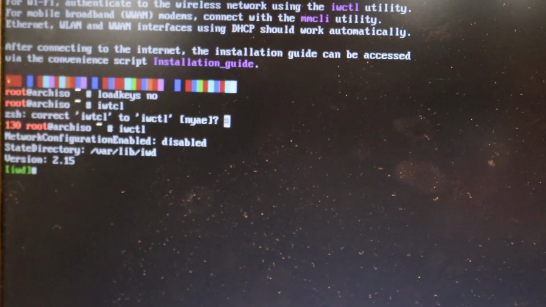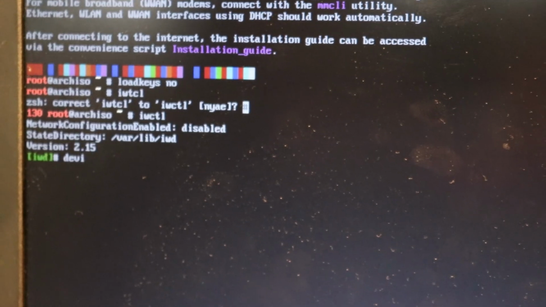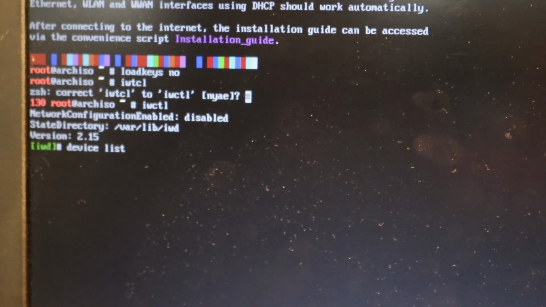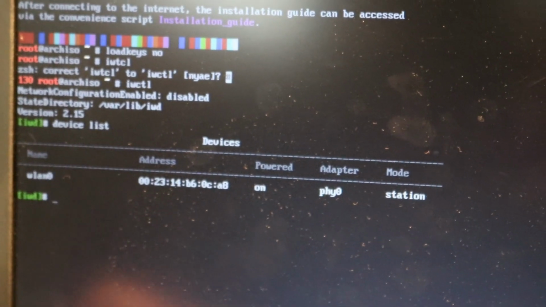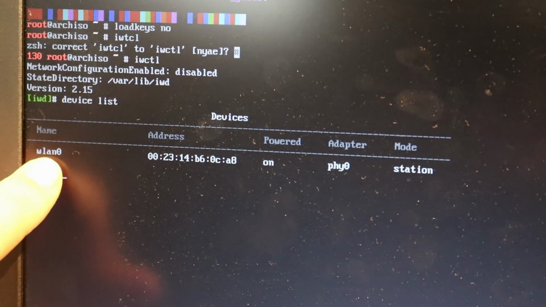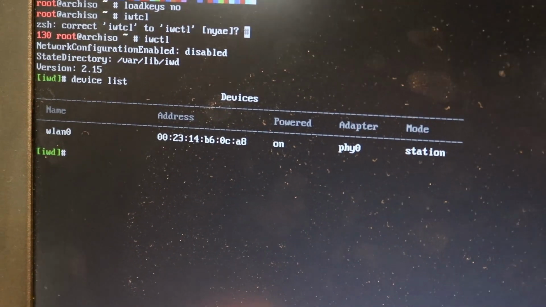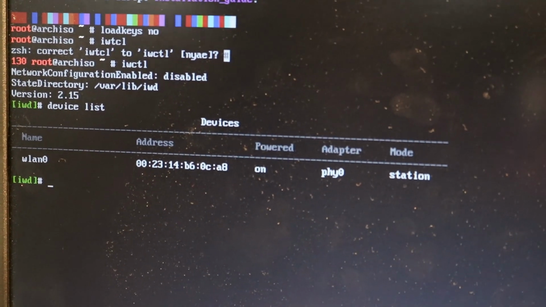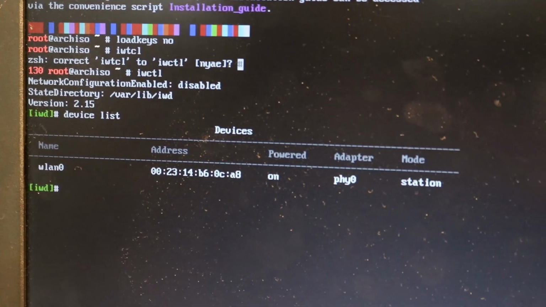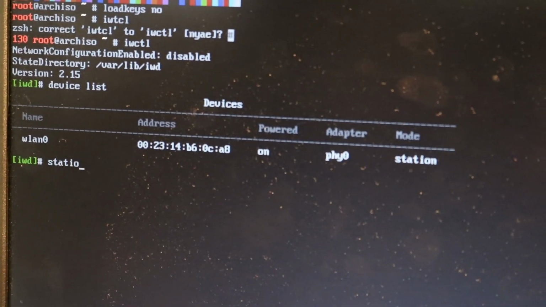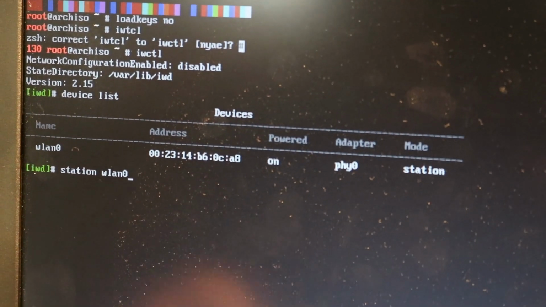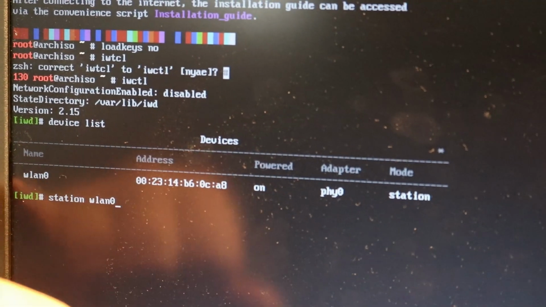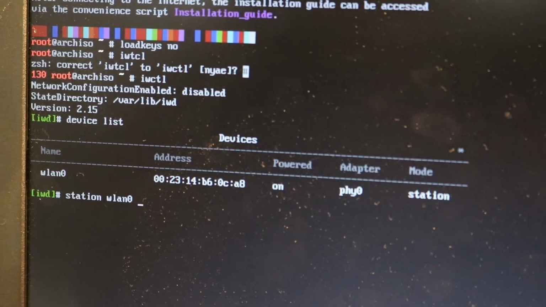And from here, you want to type in device list. This will list all of the network devices that are on your computer. In my case, I only have wlan0, and this is what I'm going to be using to connect to the internet. So wlan0 is a station, so we're going to define that station, wlan0. In your case, it might say something else, then you're going to want to do station and then what it says on the device. I'm going to do scan,